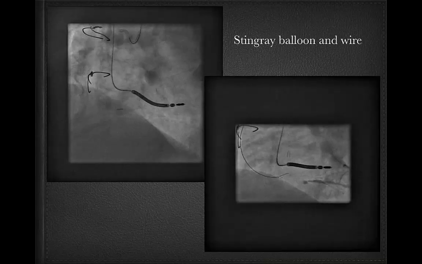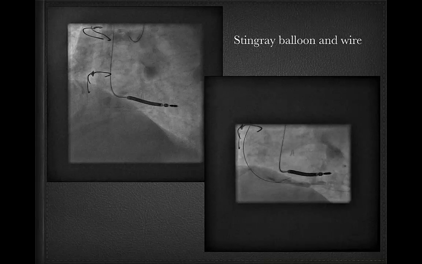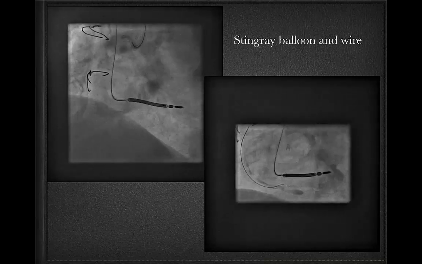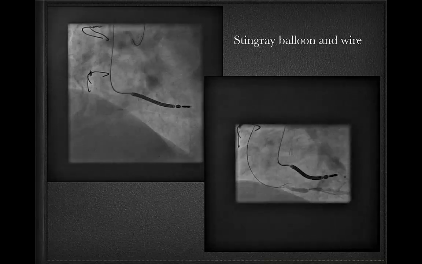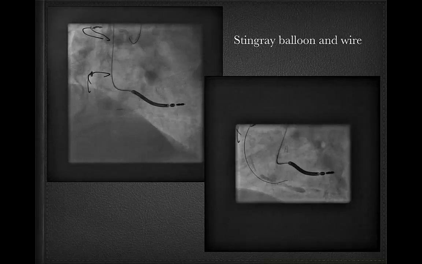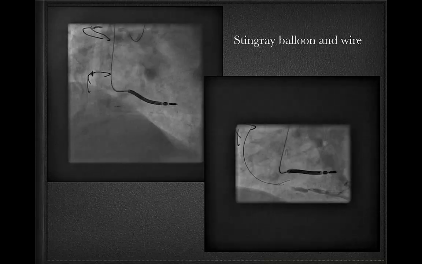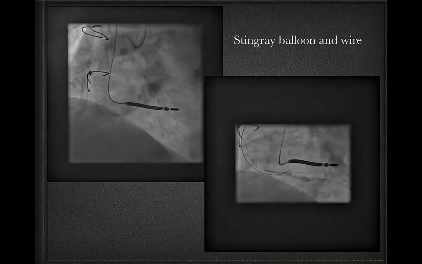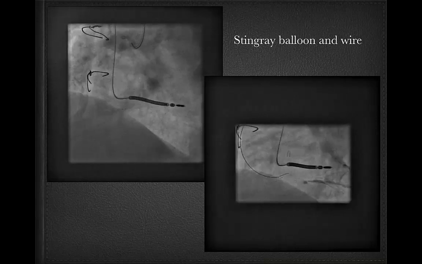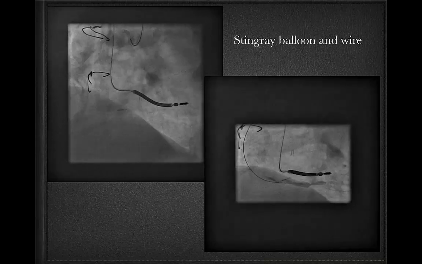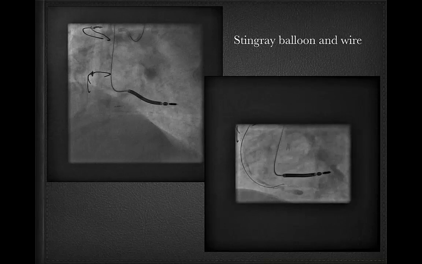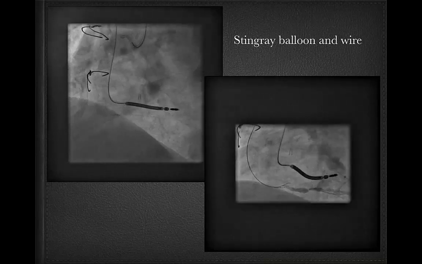Then I change for a Stingray balloon. So as you can see, the marker was in the good position. So you have 2 points, 1 line. So then with the retrograde injection, you can appreciate that you have to puncture at the upper side of the